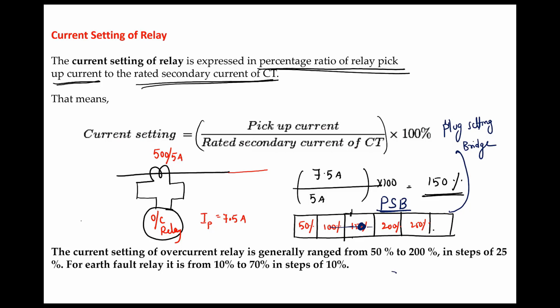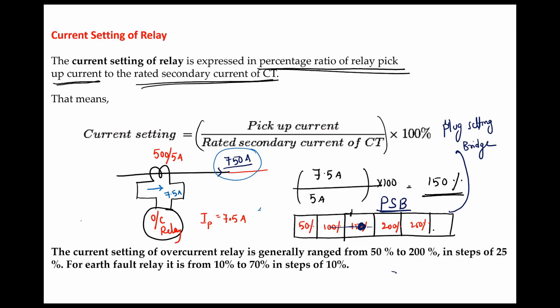Sir, why is such a provision provided? Because suppose now you are thinking your overcurrent is 7.5 ampere. That means on the primary, how much current should flow? If primary is carrying 750 ampere, then your secondary will carry how much current? 7.5 ampere. So you are setting the protection at 750 ampere. If my main current exceeds 750 ampere, my overcurrent relay should trip. That is your setting.